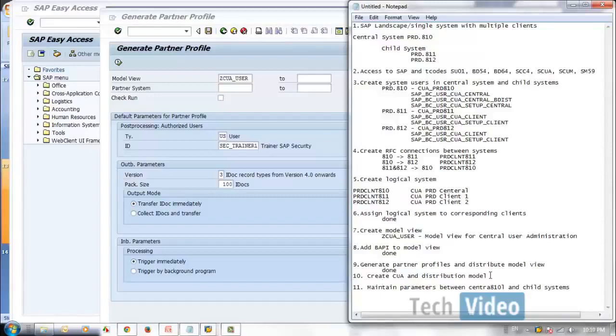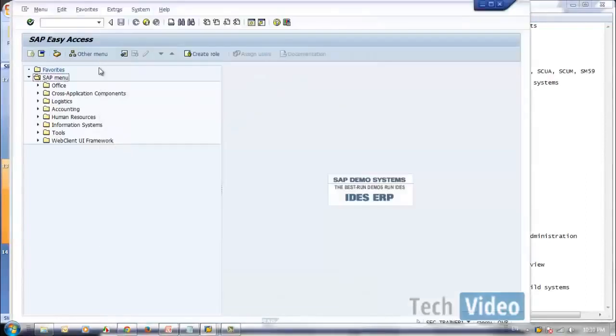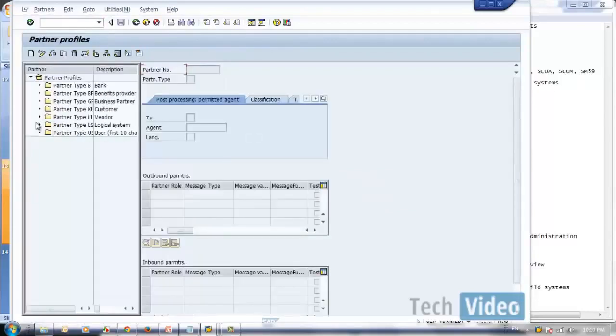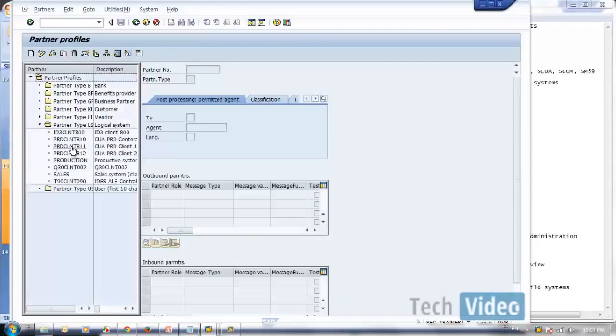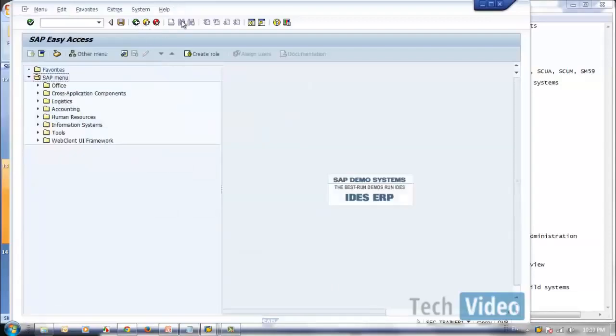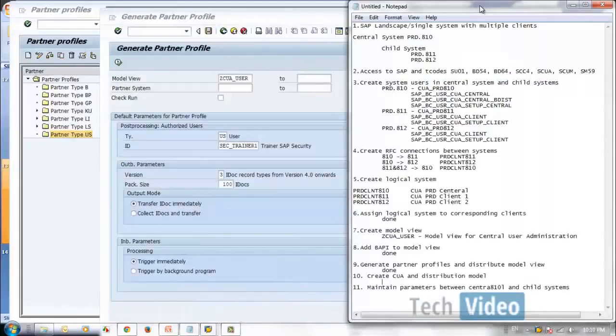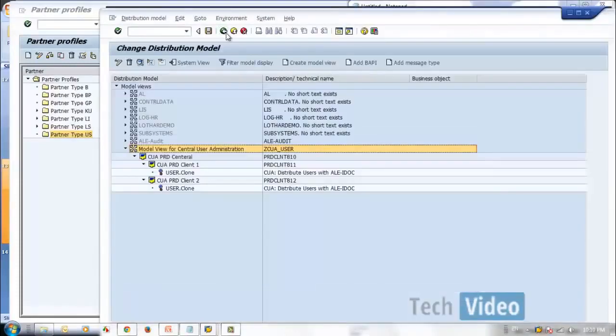Basically we did not do anything much. So if I go to the transaction code which we were trying before, WE20, it says logical system 811 and 812. If you see, both of them are already created. So it's a matter of time. We need to just wait a little, because the IDoc data transfer took a little more time. Okay,